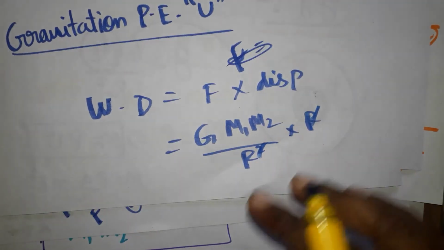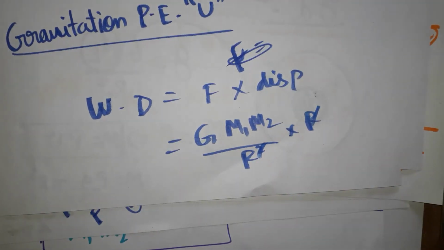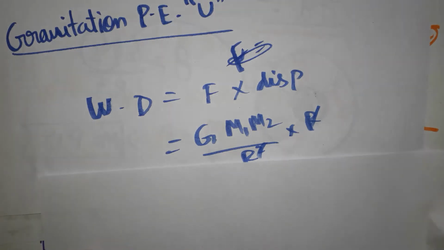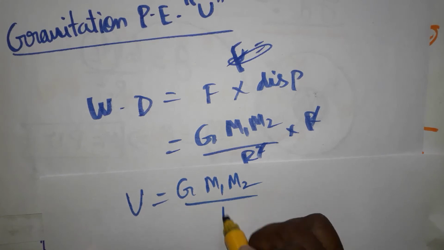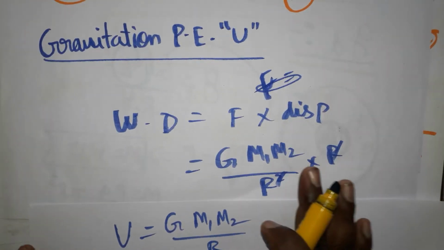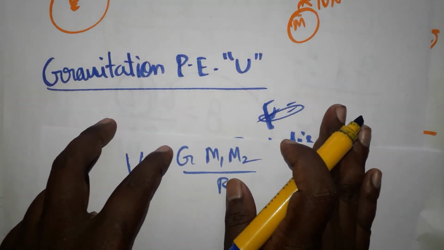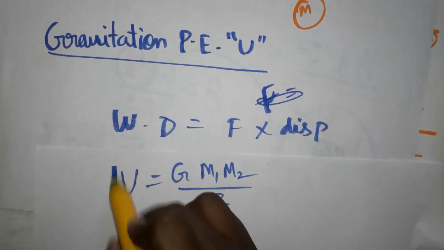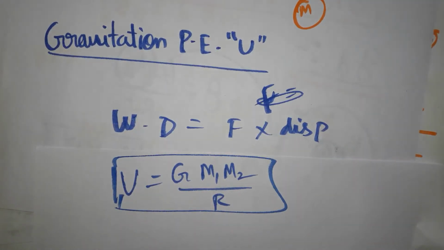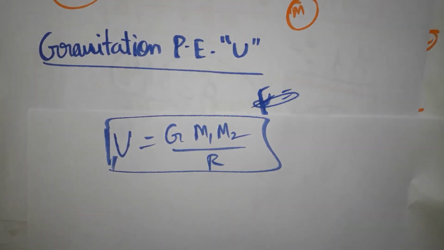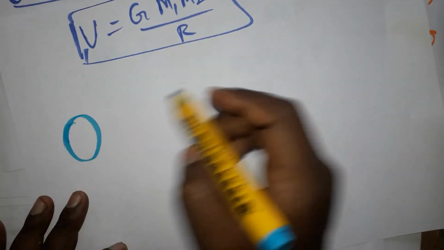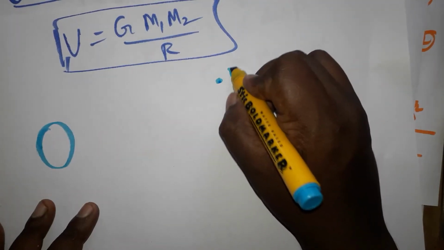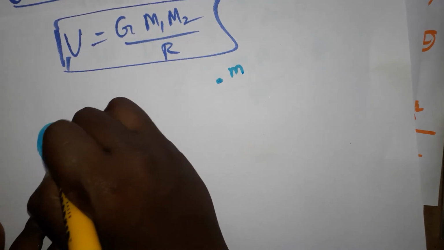So the gravitational potential energy, in the simple formula, we can take as U equal to G times m1 m2 divided by r. This is the equation we derive by bringing the object from infinity to the earth surface. This is called gravitational potential energy. Now the same equation I'm going to use with the formal procedure. We are going to bring the object from infinity to the earth surface. It's a test mass, I'm taking small m, and the mass of the earth, I'm taking capital M.